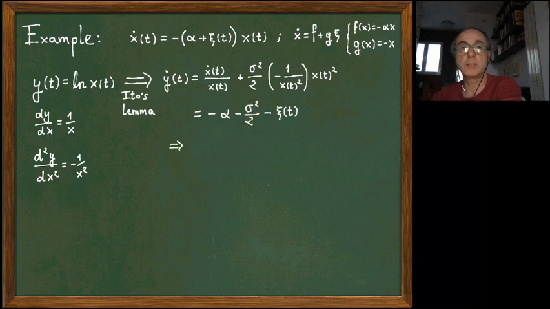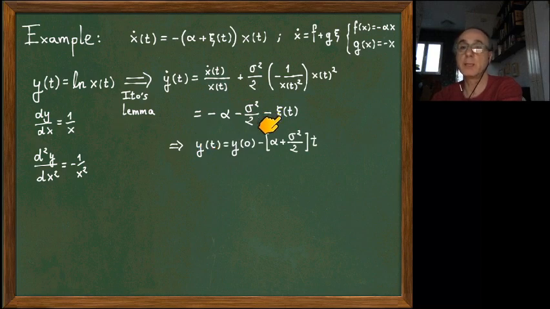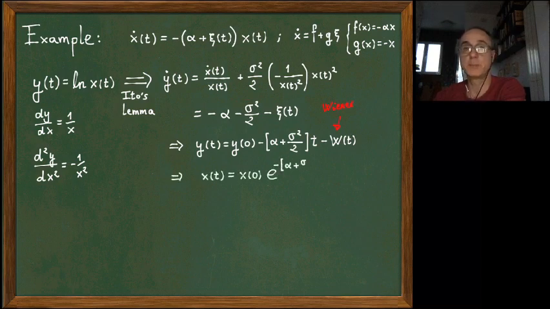So now we can integrate this equation. This is rather easy because there is no y here, so we can integrate this. This is minus alpha t, well, the initial condition, minus alpha t minus sigma squared t over 2. So this is the integral of the deterministic part, and now we have the integral of the white noise. But the integral of the white noise is the Wiener process. So we have this. Now we go back to x, which is the process that we want to solve, and this is the exponential.